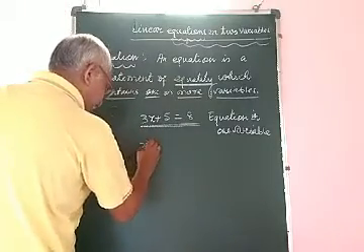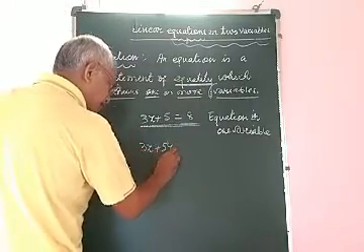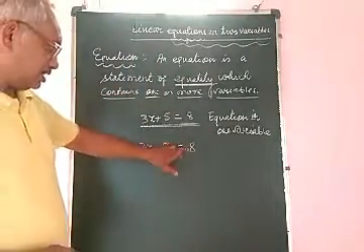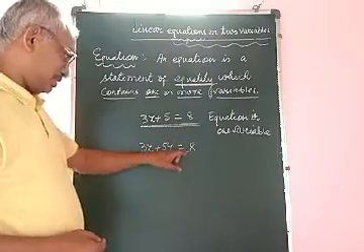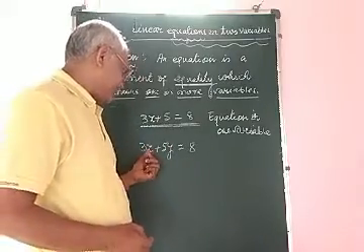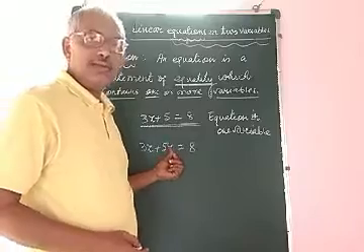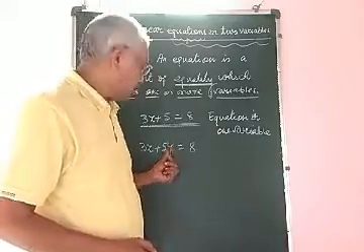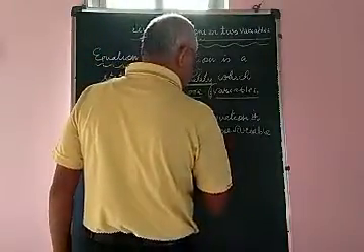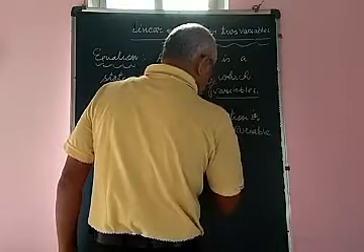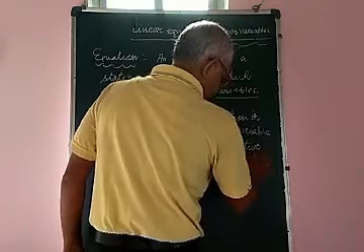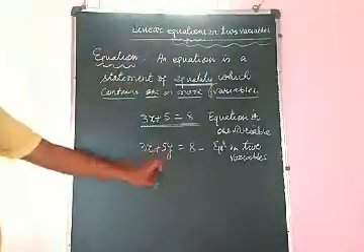And now here we write 3x plus 5y is equal to 8. Now this is an equation because this contains the sign of equal, meaning this is an equality, and contains two variables, x and y. So this is known as equation in two variables. Variables are x and y.